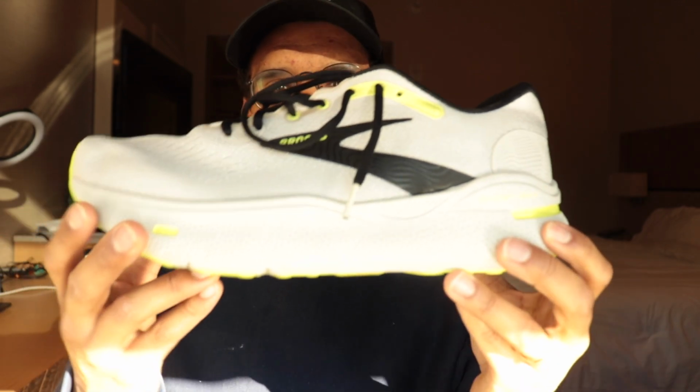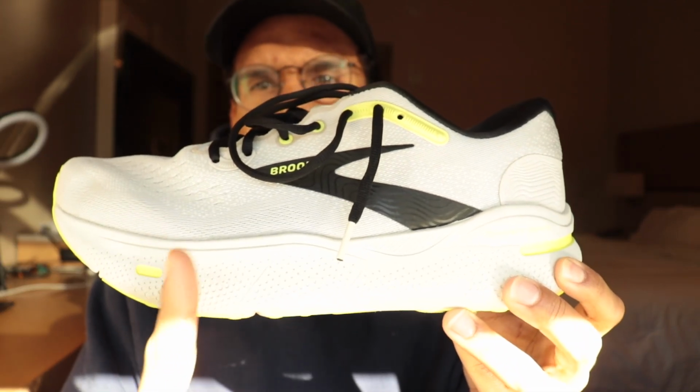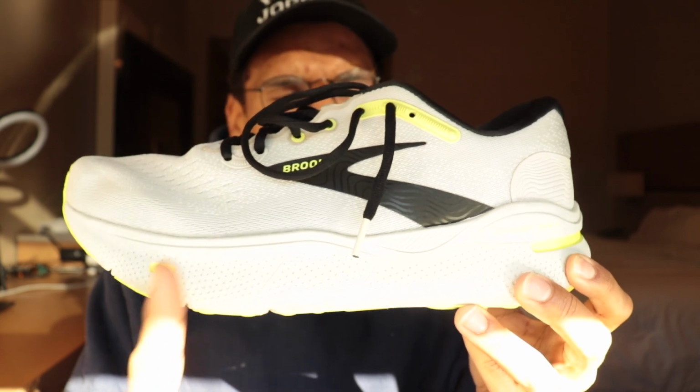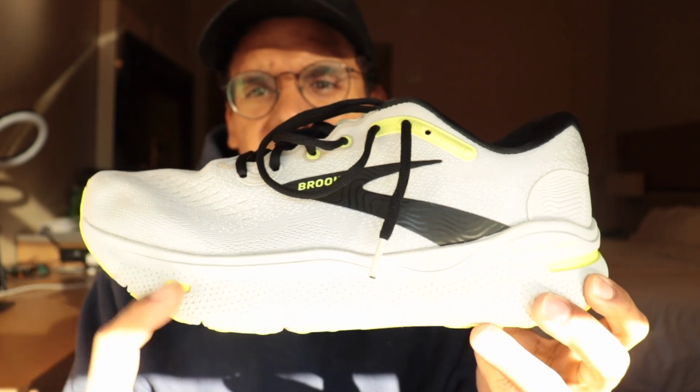Now I'll dive a little bit deeper into how it performs out there on the run, but one thing I did want to highlight is they call this shoe a 6mm drop shoe. But if you look at how this platform is constructed, all the way up here, which is pretty much under the ball of your foot, it still feels like it has the same amount of stack as the back. And where it really starts to taper up is right here near the toes. So this rides almost like a 0 drop shoe or a 4mm drop shoe,